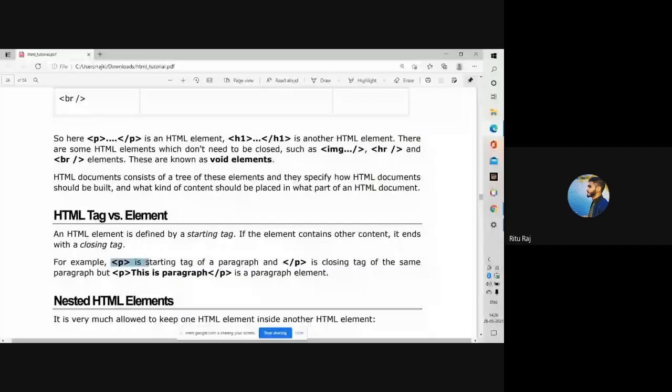So you can see in the example here is a starting tag of a paragraph and the closing tag of the same paragraph. But this whole thing is a paragraph element.